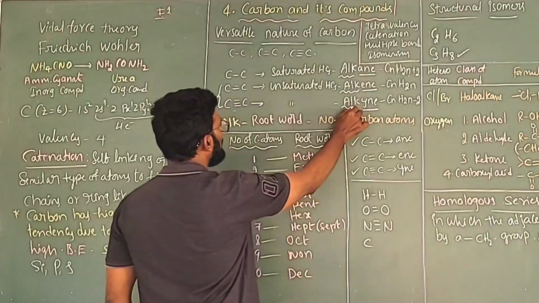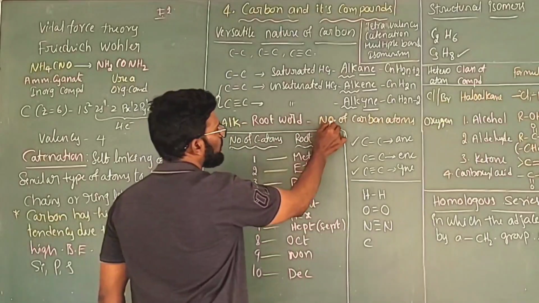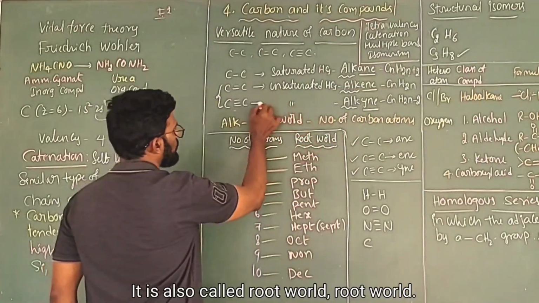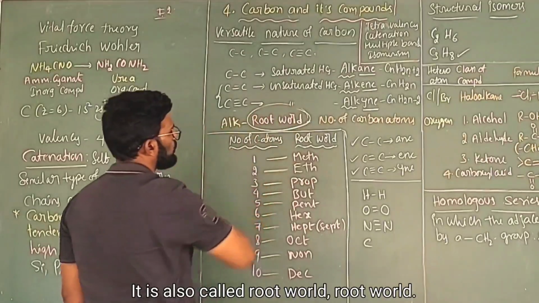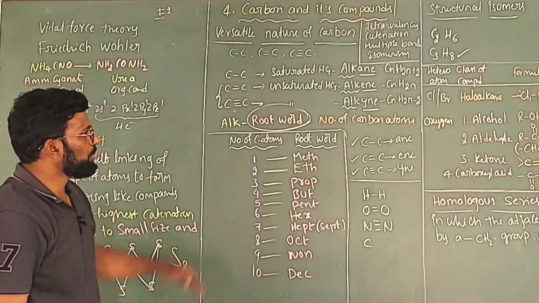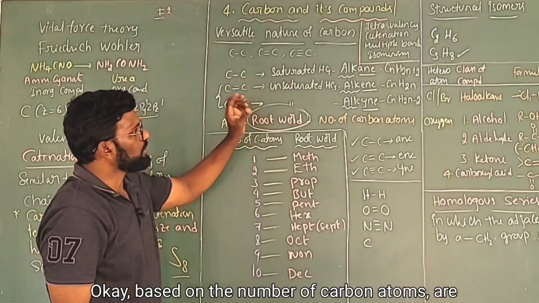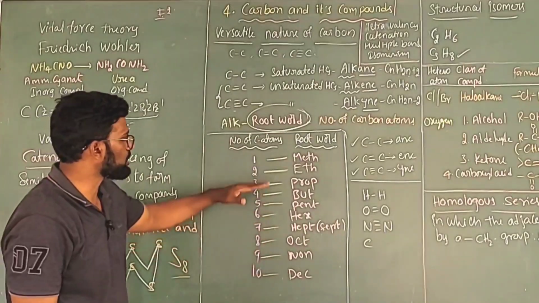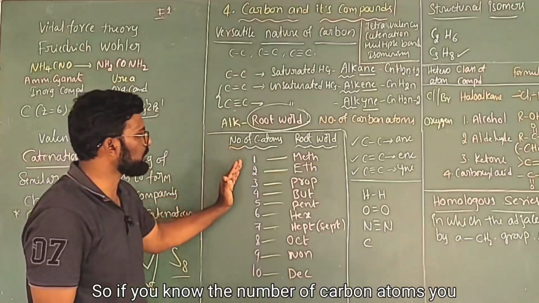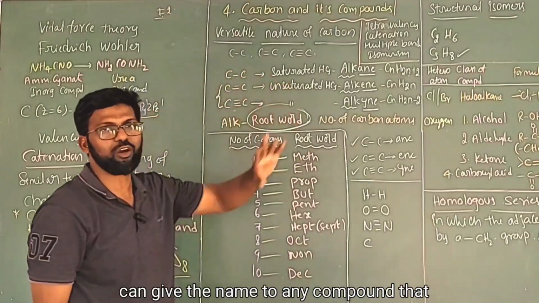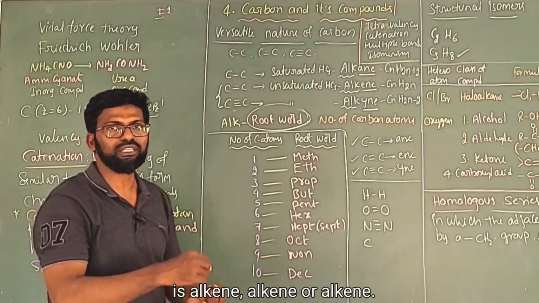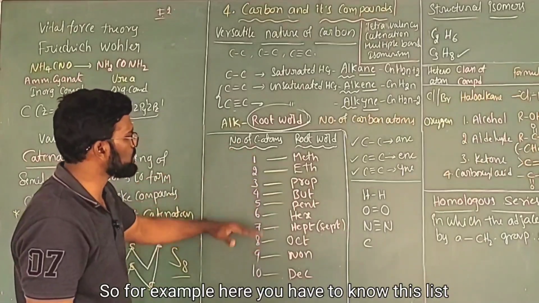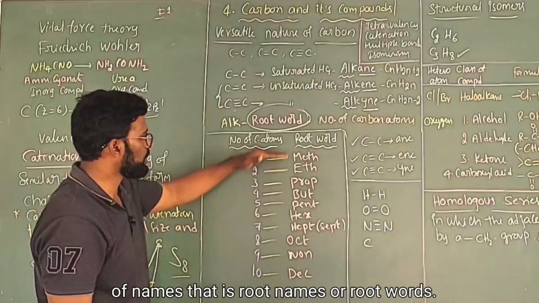What is the meaning of alk? Alk is nothing but number of carbon atoms. Alk represents number of carbon atoms. It is also called root word. Based on the number of carbon atoms, the name of the compound changes. See here, this is a very important part. So if you know the number of carbon atoms, you can give the name to any compound, whether it is alkane, alkene or alkyne. So for example, here you have to know this list of names, that is root names